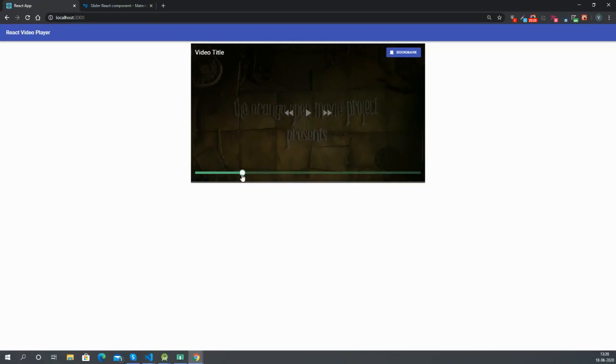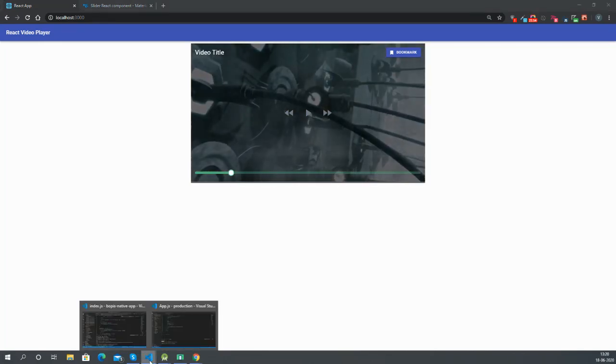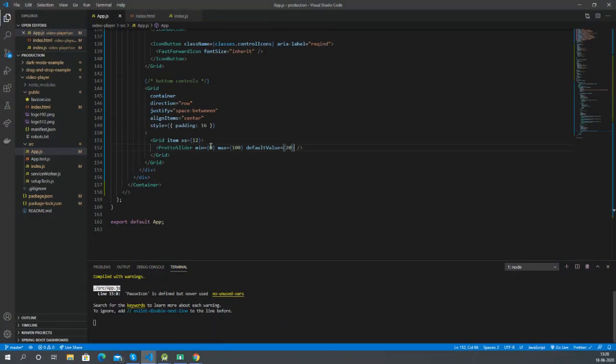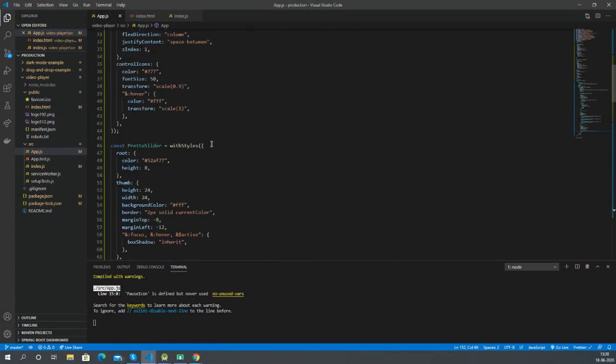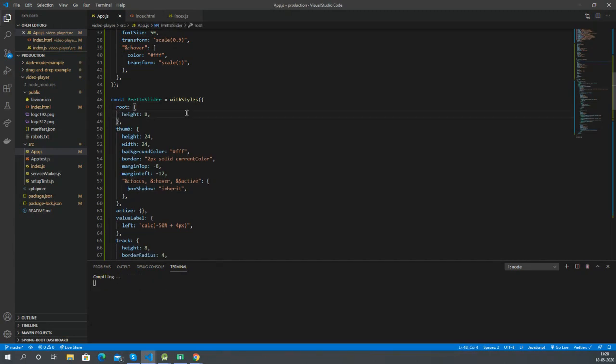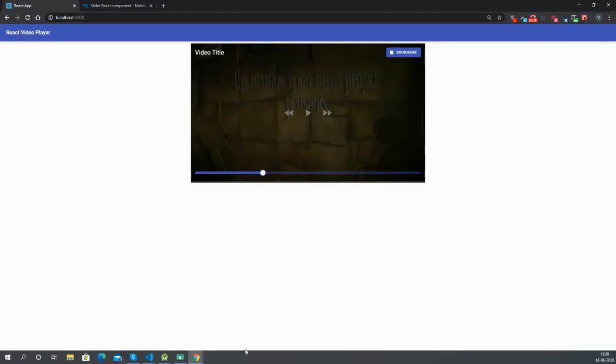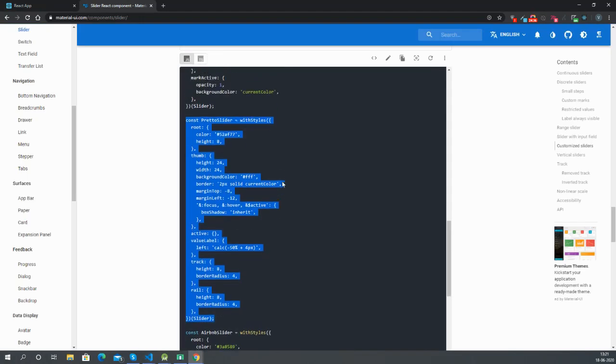Now if you take a look, we get the green Pretto slider that we saw in the documentation, but we don't need the green one, so we'll change the color. If you go to the root style in Pretto slider, we'll see they have specified a color. We'll remove that color. Now if you look, we got the blue background, that primary color we use.